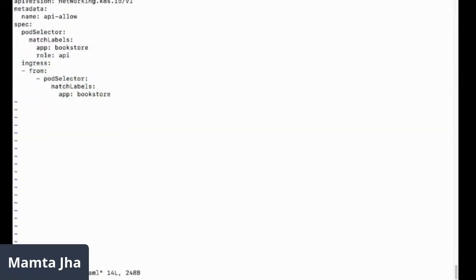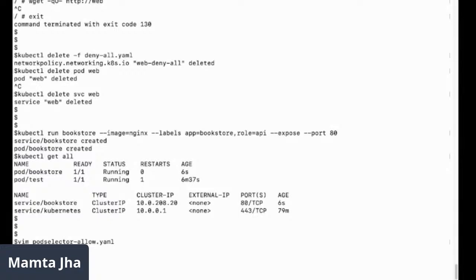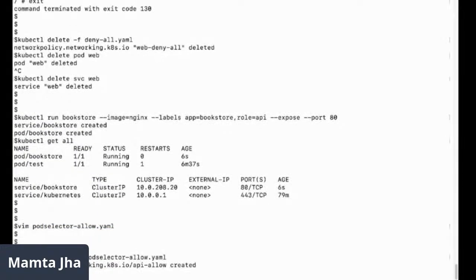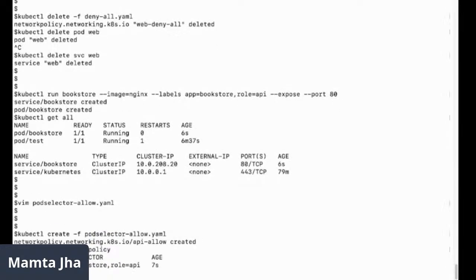It is applicable on this pod, and from this pod, we are accepting the incoming traffic. Let's apply this, kubectl create -f. kubectl get network policy. This policy is also created on the default namespace only.